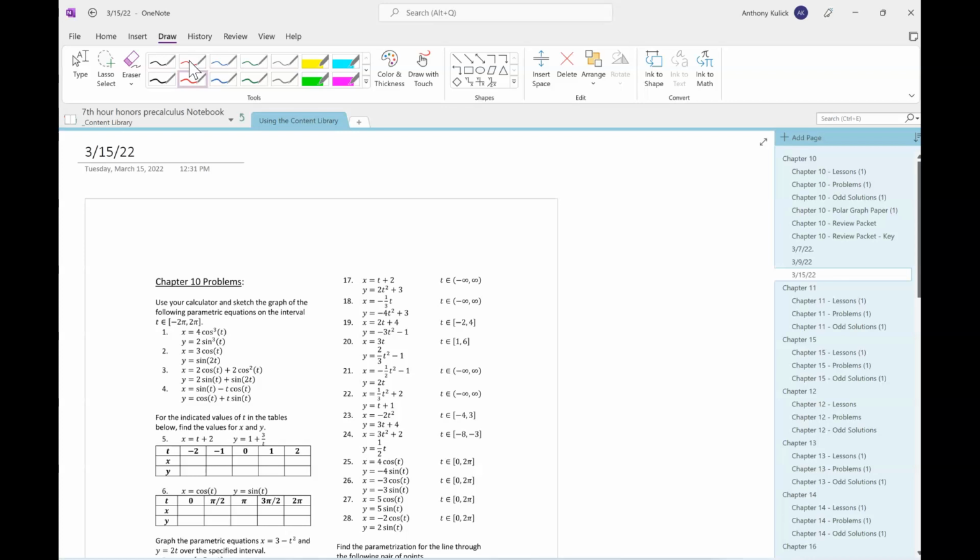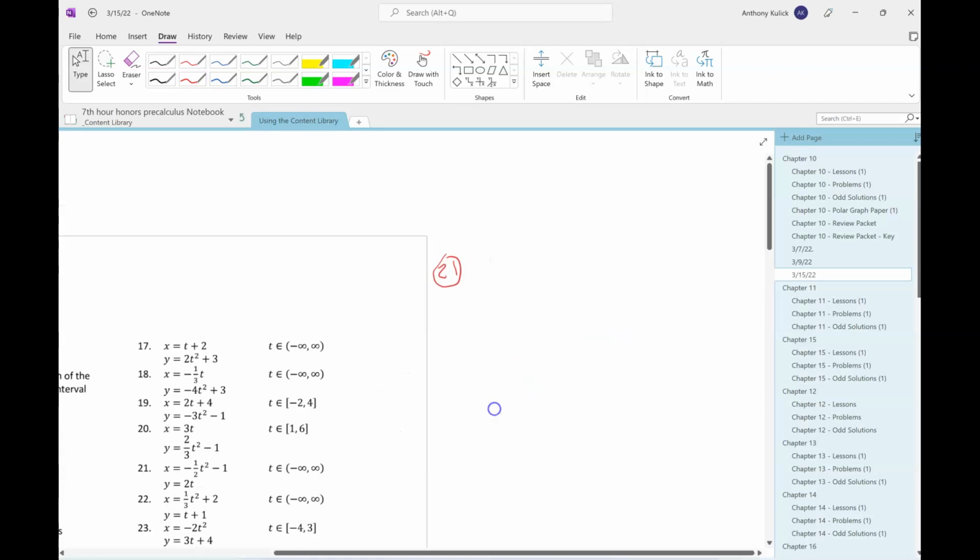Luke. Sure. So 21. On all of 11 through 28, it's the same directions: eliminate the parameter and find the domain and range for the resultant function. So for 21,